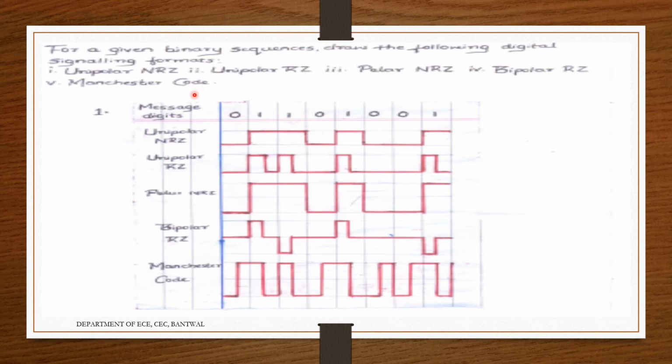Next one is the Manchester code. When there is a 0, the first 50% of the cycle is represented by -1. The next 50% is a +1. But when there is a 1 value, the first 50% of the cycle will be represented by +1. The next one will become minus. So here you can see again 1, -1. So for 0 it is -1 +1. Here +1 -1 -1 +1 -1 +1 +1 -1 for 1.